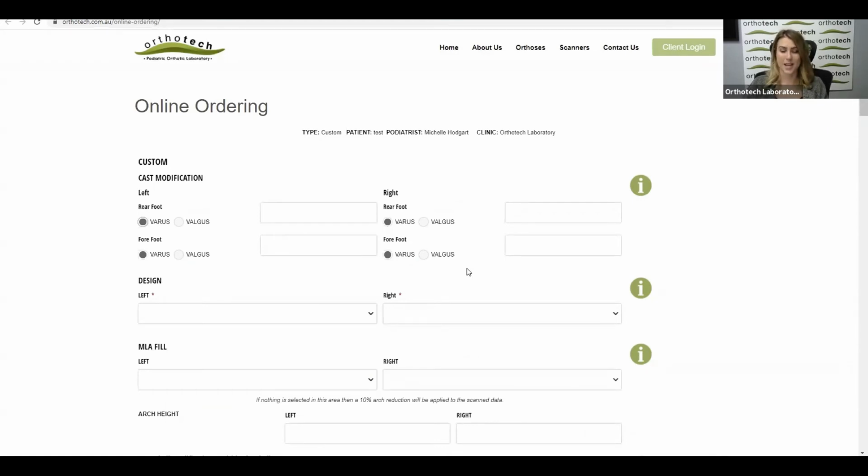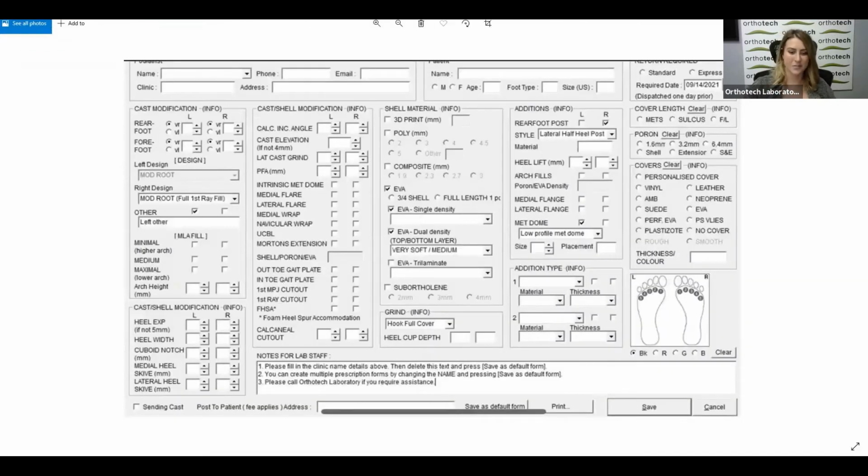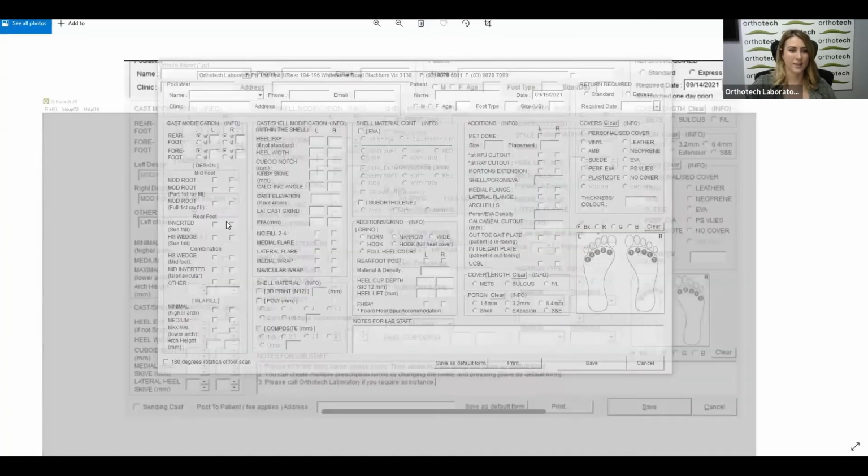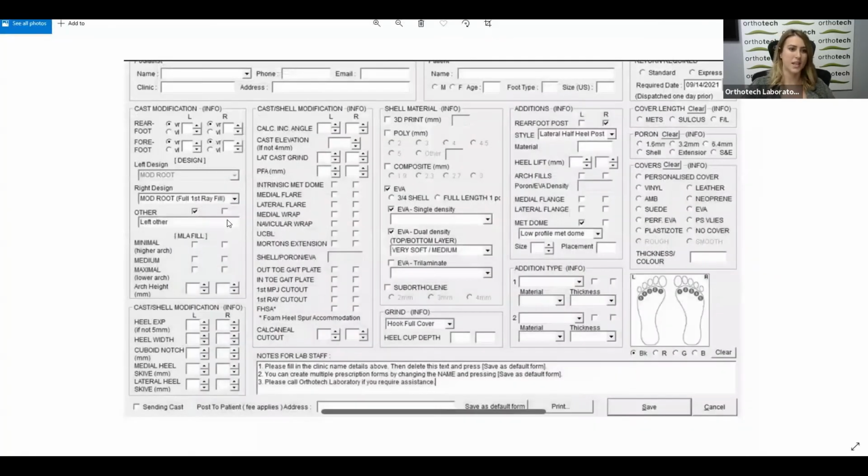Very exciting. We've got a new update coming out shortly, which will be more closer to how the online software is, giving you some more information. So I'm going to just quickly put that on the screen now. Hold on one moment. So it looks slightly different to what it is now. You can see there. We're giving you a little bit easier to choose from. When it comes to designs, it's a drop down for the designs. You can see we've got arrows. So instead of having to fill in the details, you can just scroll up and down for a majority of